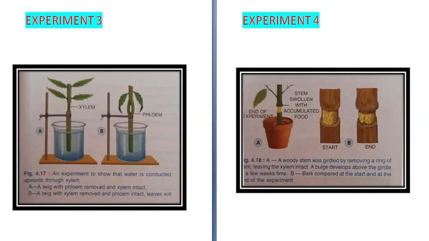Capillarity means the narrow diameter of xylem vessels causes the water from a lower level to rise up like a vacuum by loss of water due to transpiration from leaves, and this force is called capillary force. Then there is transpirational pull. Throughout, water is being lost from the leaves in the form of vapor, through a process called transpiration, and the leaves then become devoid of water. So from lower cells which have more water, water is pushed up to the higher cells having less water. This is called transpiration pull.